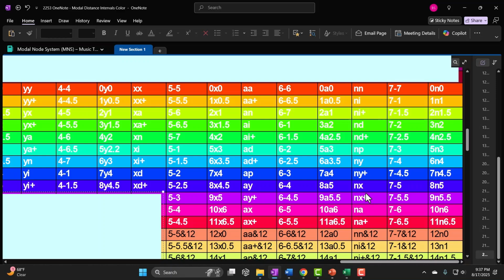Locrian is kind of like a minor, but it has a flat 5, so it got kicked out of the club, but it's still mainly minor. That would be an N-X modal range, landing us on the Mixolydian continent, 7